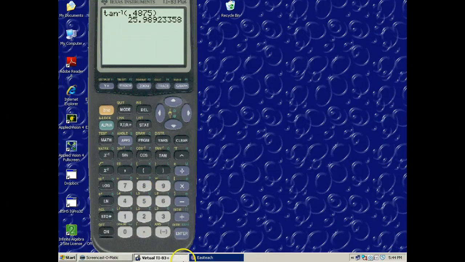So I end up with 25.989 degrees. Remember, we will be rounding everything to 3 decimal places. Well, we want to be as accurate as possible, so even though we are going to be rounding this answer when we write it down, when I find my radian measure, I don't want to round it. So I'm going to take this answer, multiply it by pi, and divide it by 180, because that's how you switch it from degrees to radians. Hit enter, and I get